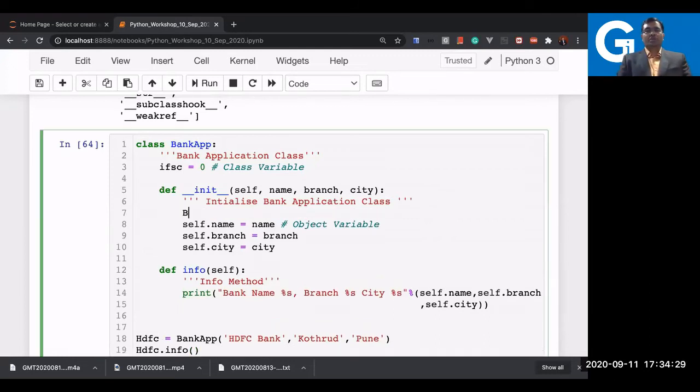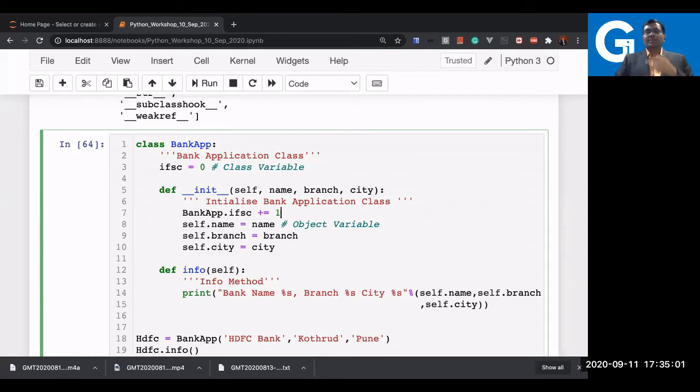So I'm going to use here bank. With the bank class only I'll be modifying now. Because the class variable is available to the class name also, and you should be doing the modification using the class name only. So let us write BankApp dot, what is the name of the variable now? It's IFSC. So call it IFSC plus equal to 1. Will it work? Let us test it. So BankApp, I'm calling the IFSC.